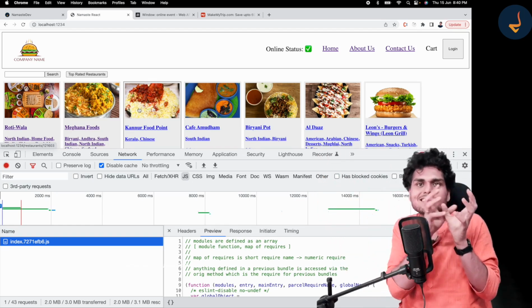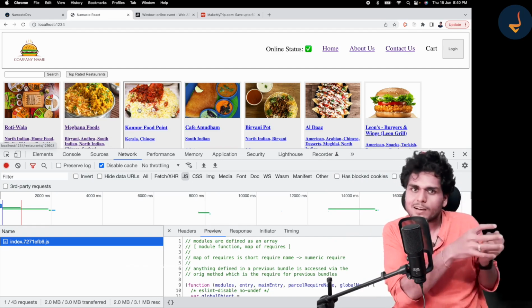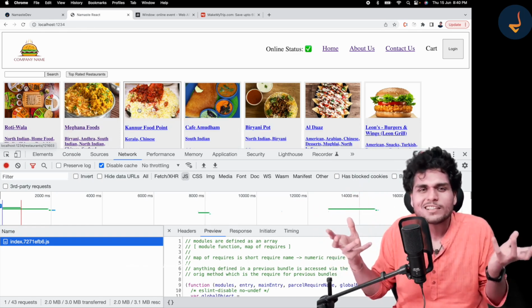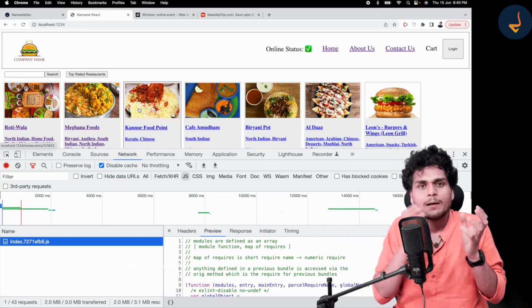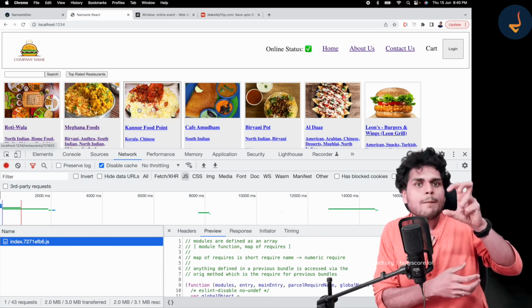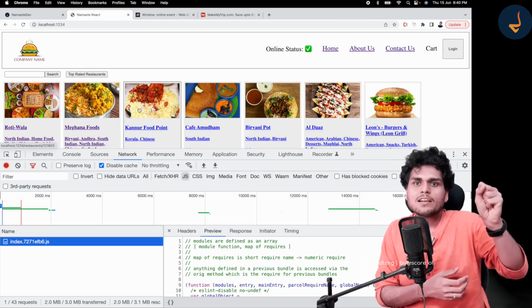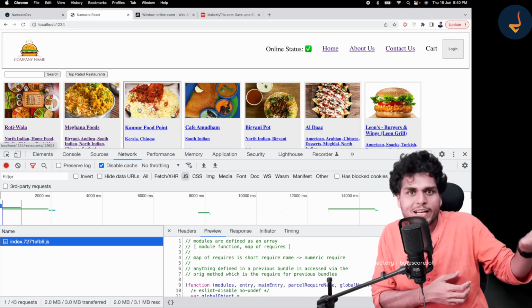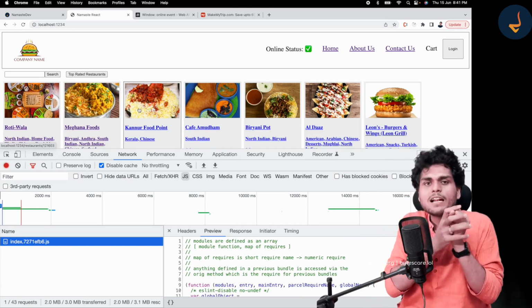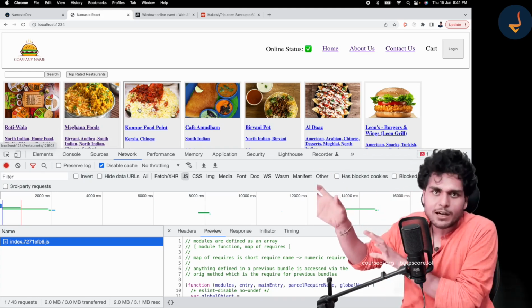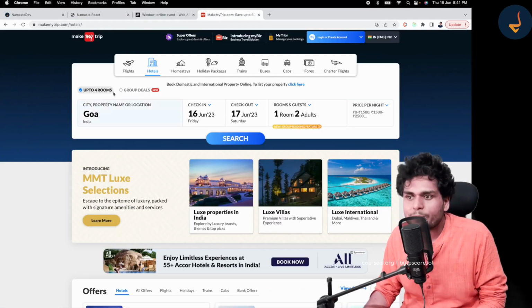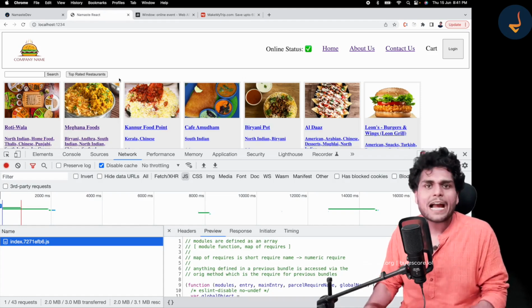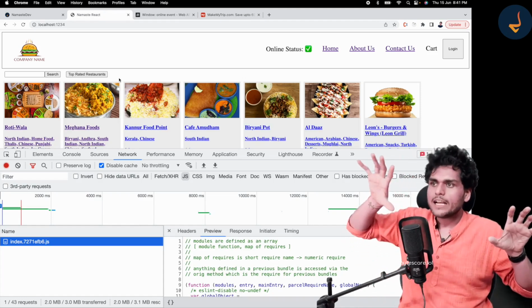Swiggy has their own main business where they deliver food. For people who don't know what Instamart is, all the Indians would know, it is very popular in India. But just like Uber has cabs, Uber has food delivery, Uber has grocery delivery. Uber has Uber Eats. Similarly, Swiggy also has Swiggy Instamart. Just like Make My Trip has different verticals like flights, hotels, homestays, Swiggy has food delivery and then grocery delivery.